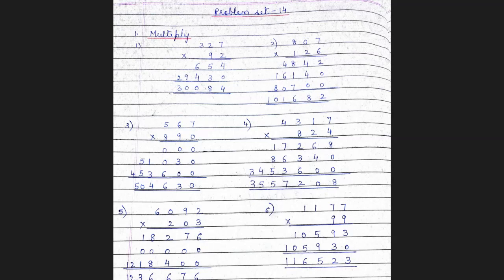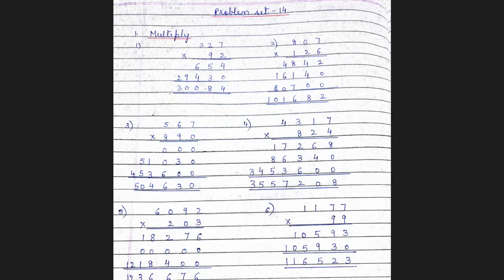So that makes it 10. So your answer is 1,01,682. Children, this is how you have to do the sums, all those 12 sums which they have asked you